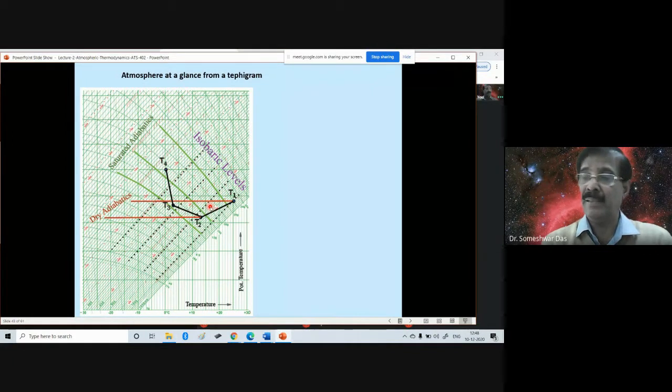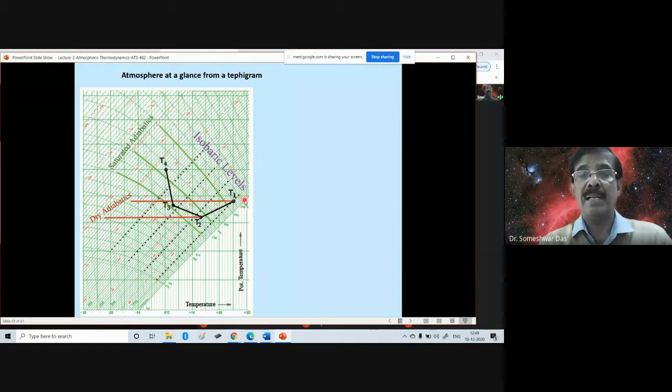Okay, on that particular day, because it will depend on day to day, right? And for that place, the lapse rate is super adiabatic. Above that layer, the temperature decreases slightly more slowly compared to the lower level, T2 to T3. And then further it slows down as you go above. So these are the temperatures observed by the radiosonde.